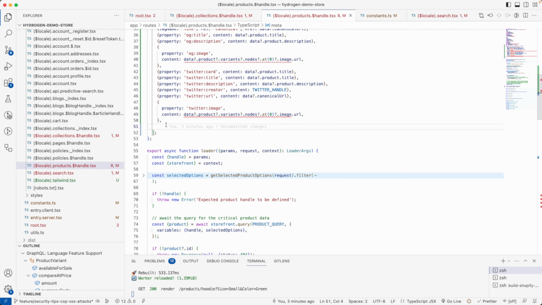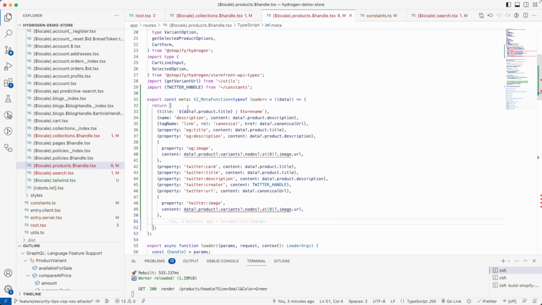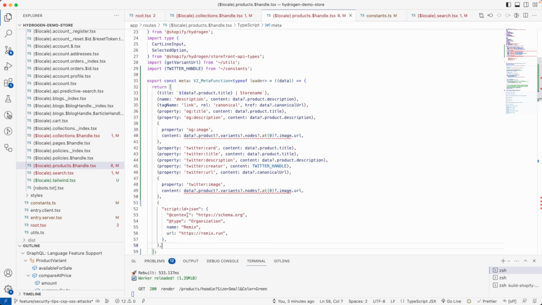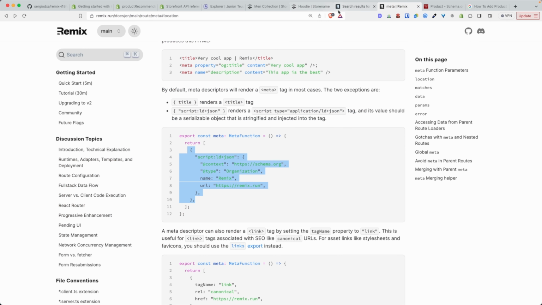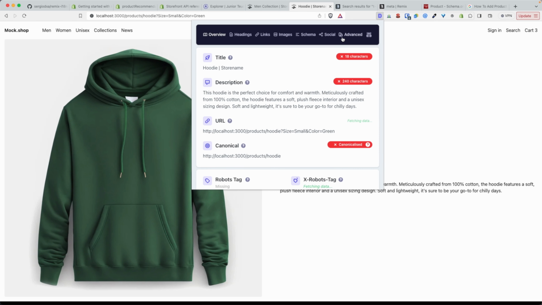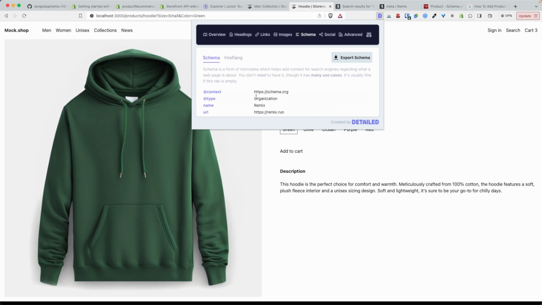So if we come here to the product meta description, once again, we have been adding a lot of things in the previous videos. So let's add one more thing here, the schema markup, and we visit the page. We open again the browser extension and we go to schema. You see that a schema was added of type organization. The name of the organization is Remix and the website is remix.run, but obviously this is not what we want,